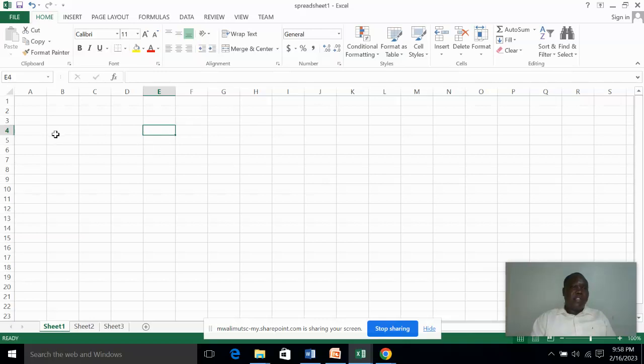The other thing I want us to look at is what is now a column. Let's say this is a column. This column is A, this column is B. You can